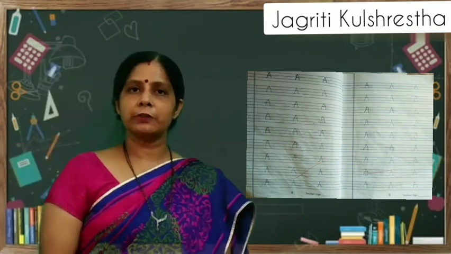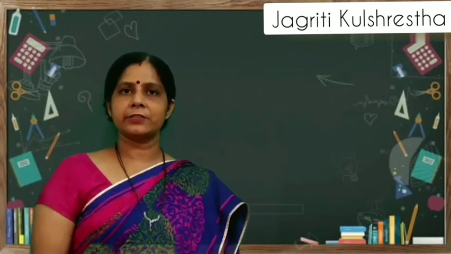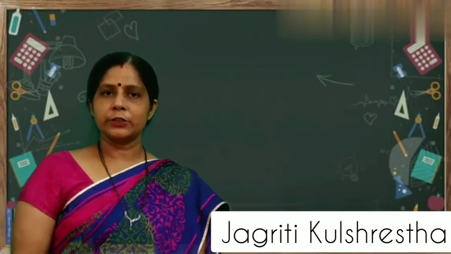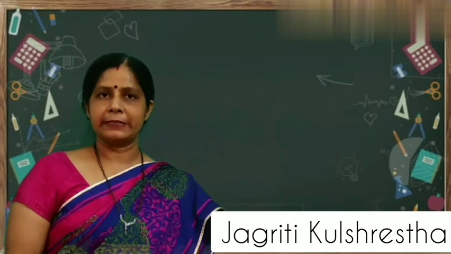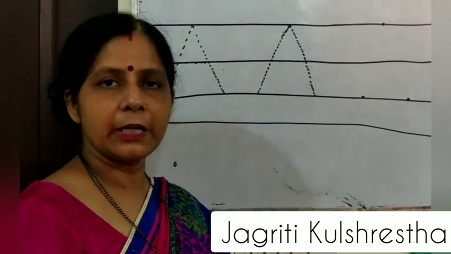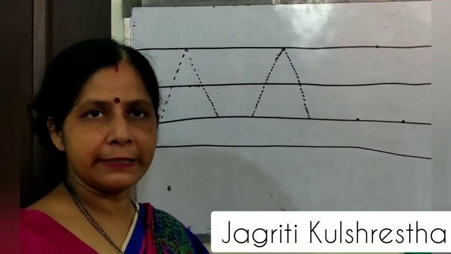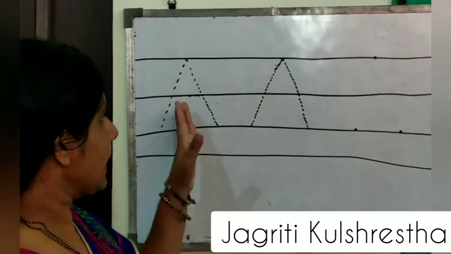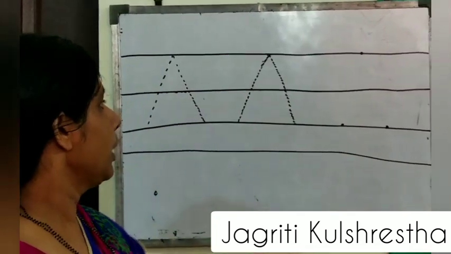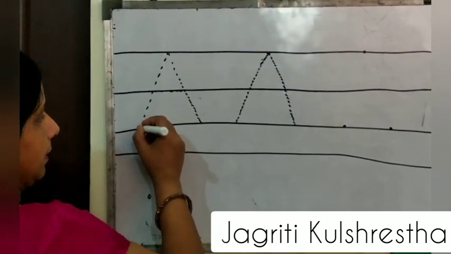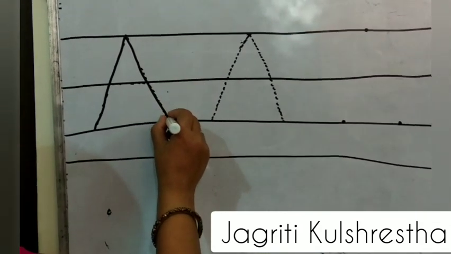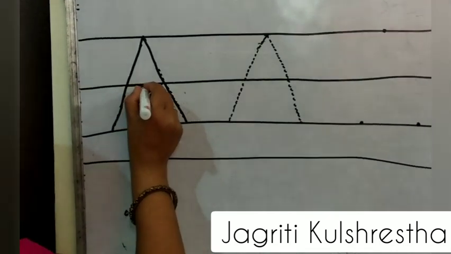Your worksheet 2, and take out the page in which A is written. I am telling you the page number. Open your worksheet 2 and take out page number 4 and write with me. Two times I tell you with this line and then with dots. You have to go up, down, and this makes one sleeping line.